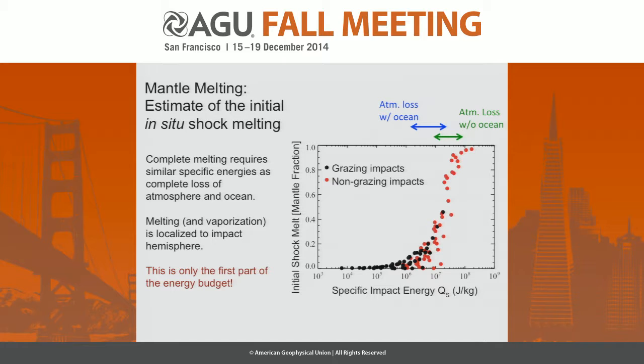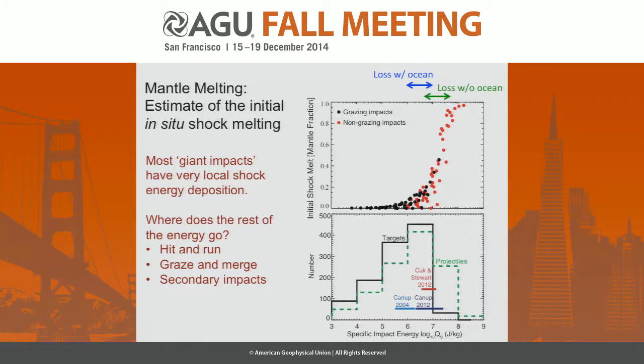And one can see that in these very low impact cases, the actual impact event is a hit and run, like Eric showed in his movies, and they negligibly melt the planet. And then once one approaches more head-on collisions, one can melt significant amounts of the mantle. But these events are quite rare and are more applicable to the smaller body in the impact event compared to the larger body. And so the initial deposition of energy by the contact and the shock actually melts very little